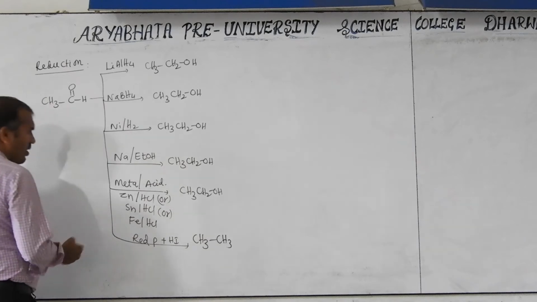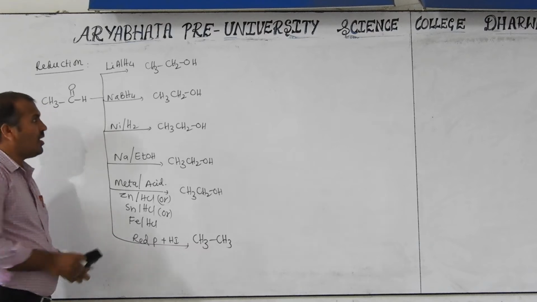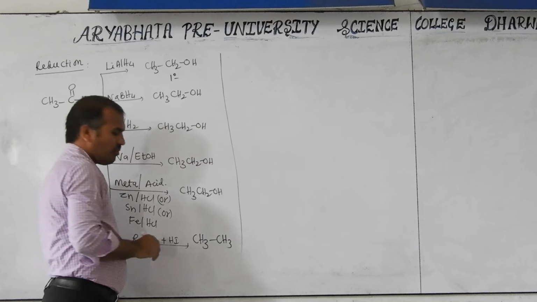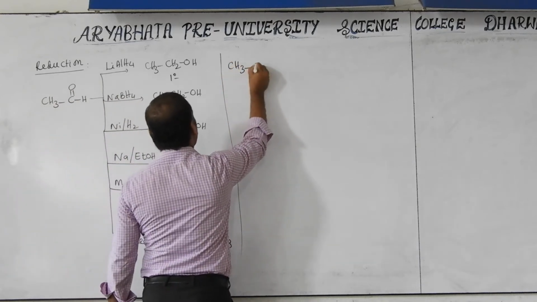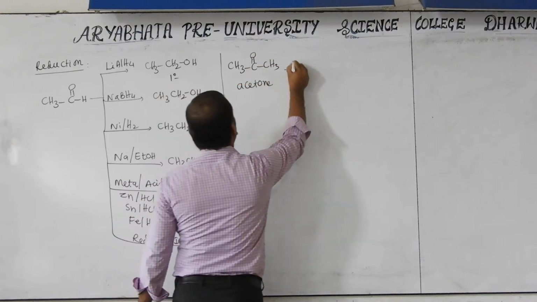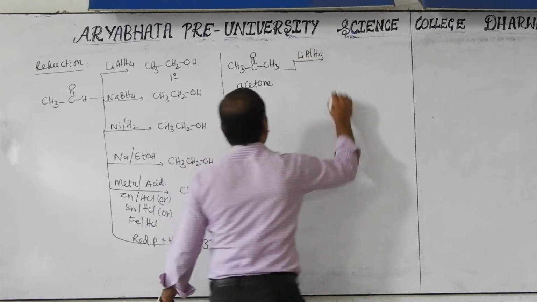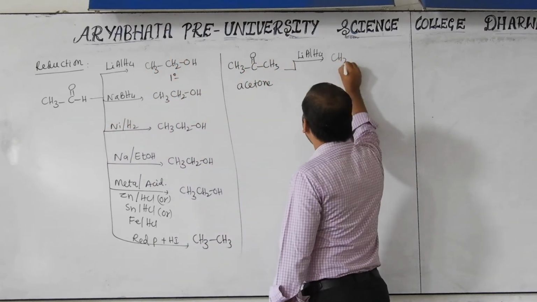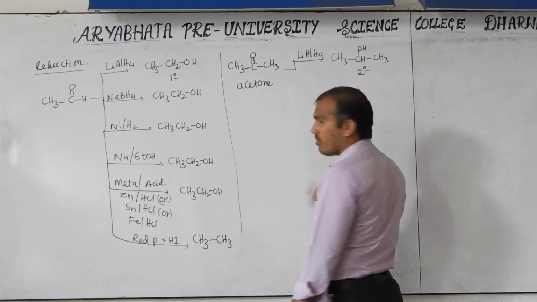Next, with any of the reducing agents, all form primary alcohol here except this one, which gives the alkane, ethane. Now if you take a ketone, CH3, C double bond O, CH3, this is called acetone. The first step is again lithium aluminum hydride. Then what is the product formed? The aldehyde forms a primary alcohol; this ketone forms a secondary alcohol.